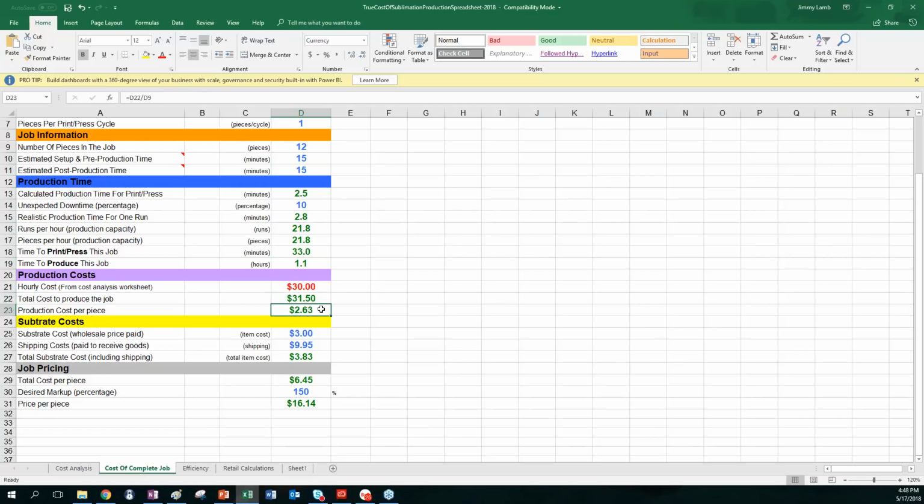The production cost per piece was $2.63 because there were 12 pieces. We figured that out. Then you look at what the substrate cost me. So you've got to plug that in. Keep in mind that when you get the substrate, you normally have to pay shipping to get it in your